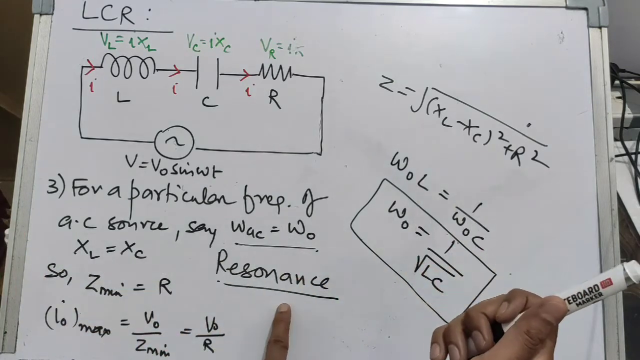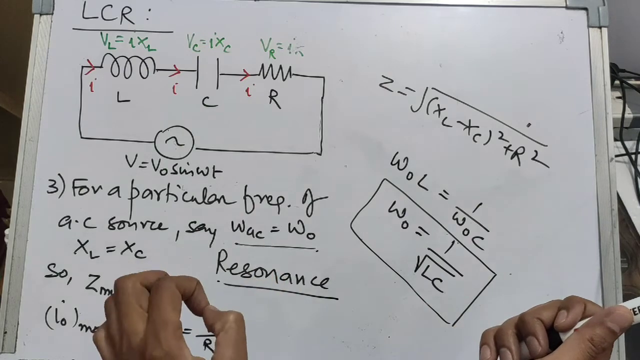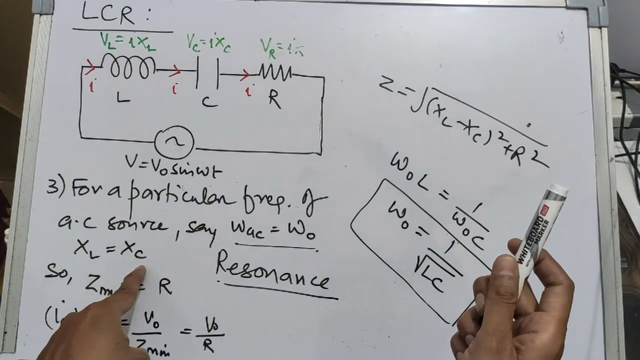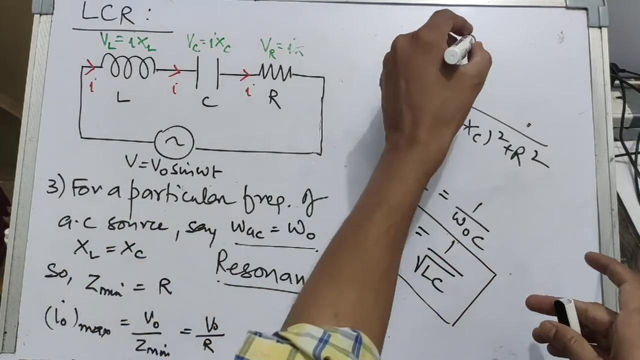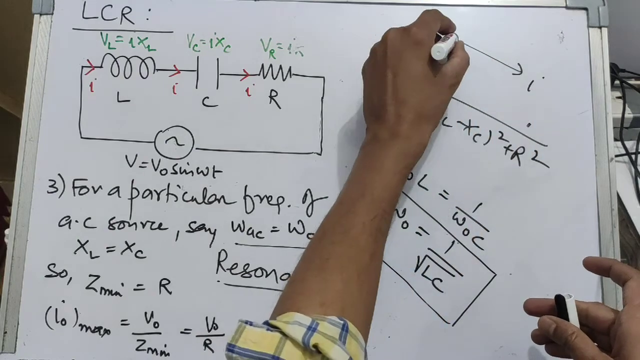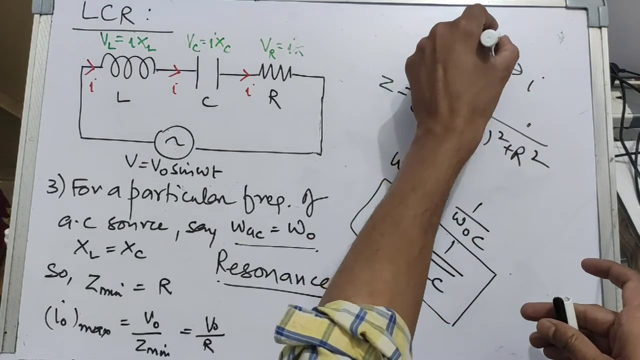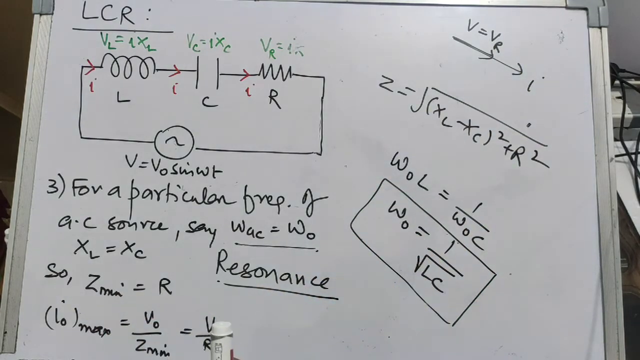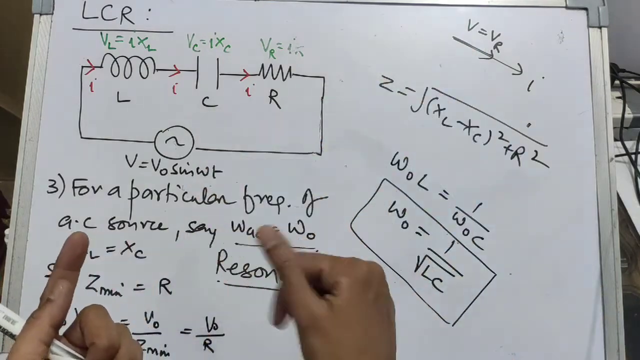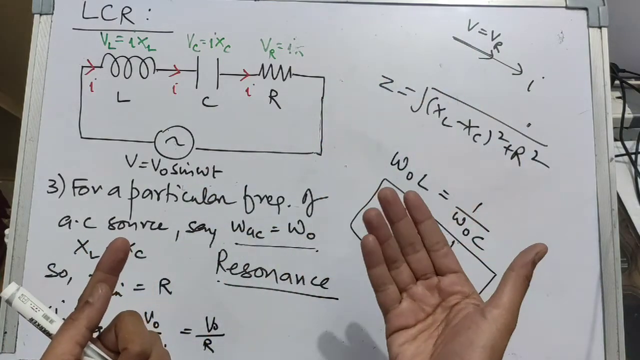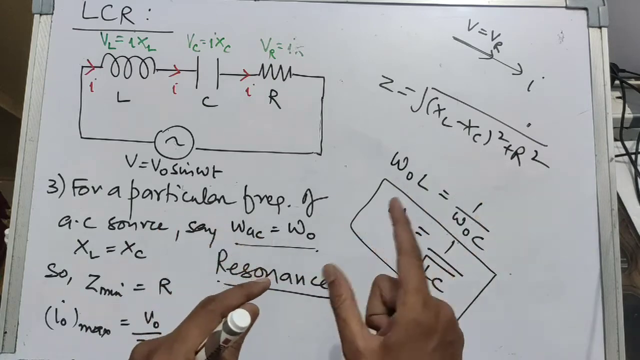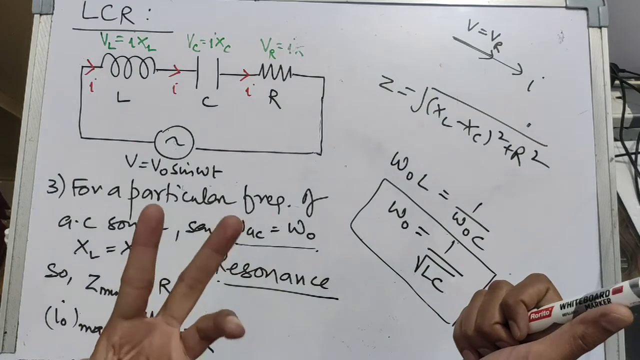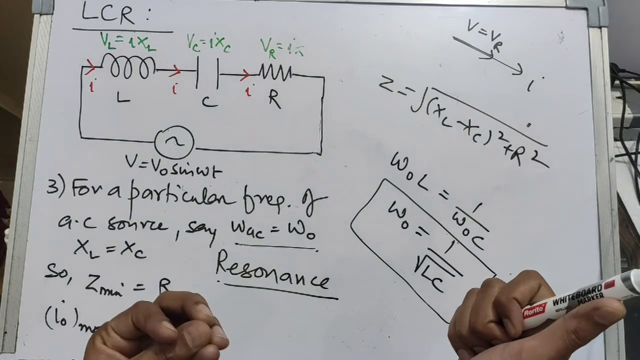In this resonance condition, the circuit is completely resistive in nature, because VL and VC will be equal. If XL and XC are equal, they will cancel out. So what is left? This is I, and the applied voltage will be simply equal to VR. The applied voltage V is the resultant of these three, VL, VC and VR. VL and VC get cancelled out because XL and XC are equal. So in the case of resonance, the circuit is completely resistive